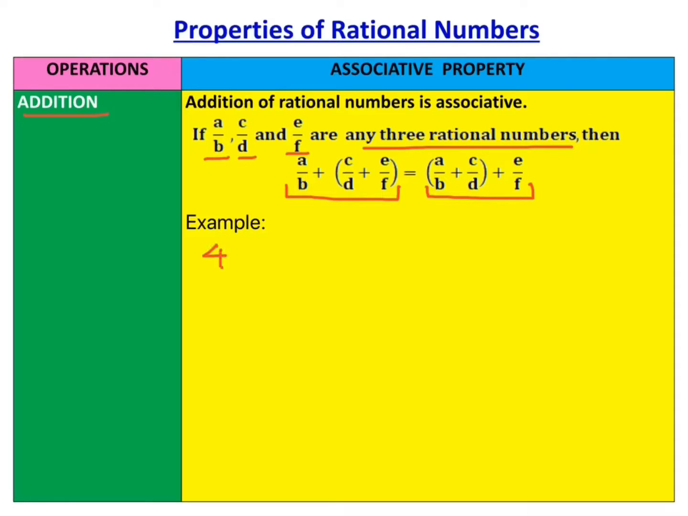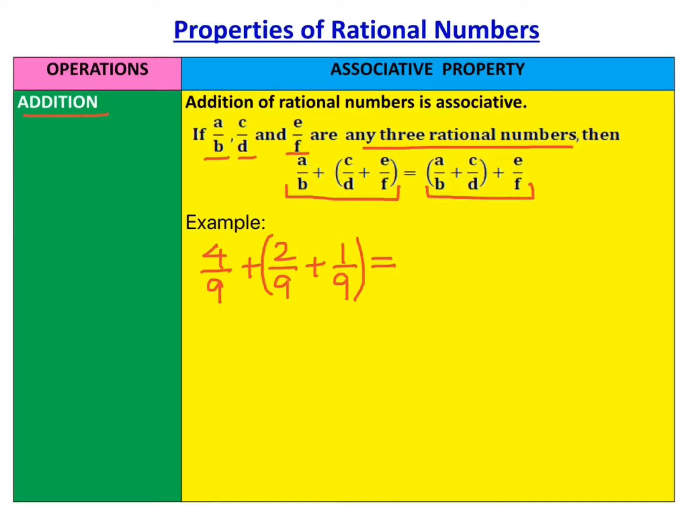4 by 9 plus 2 by 9 plus 1 by 9. Here 4 by 9, 2 by 9 and 1 by 9 are three rational numbers. Let us group 2 by 9 and 1 by 9 and simplify this expression. This expression is equal to,